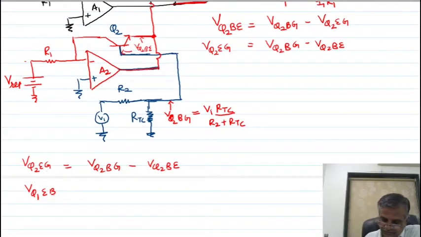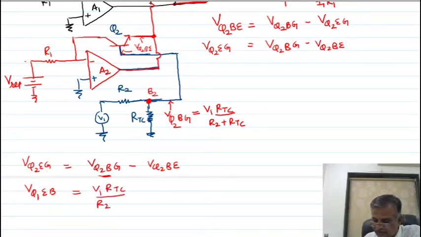Now what is this? This already I have written this. This is your voltage, this is your Q2 I have written, this is your Q2. You are giving this base voltage. So with respect to ground, this is nothing but you are giving voltage to the base 2. This is voltage to the base 2 you are giving. So it is nothing but the Vi into RTC upon R2 plus RTC